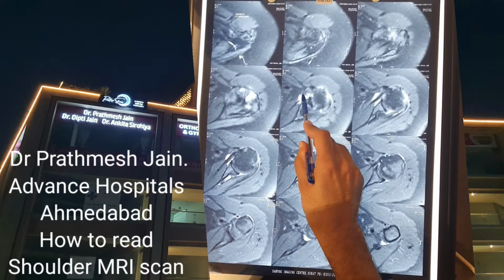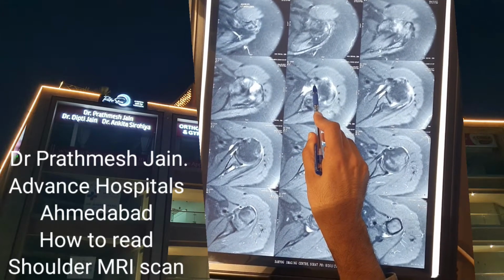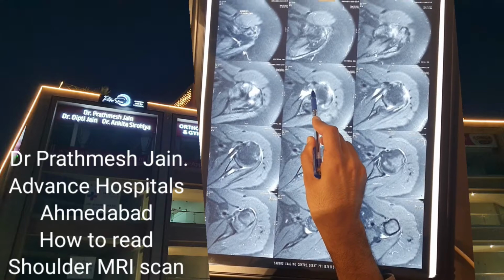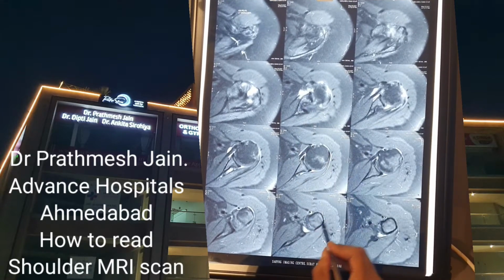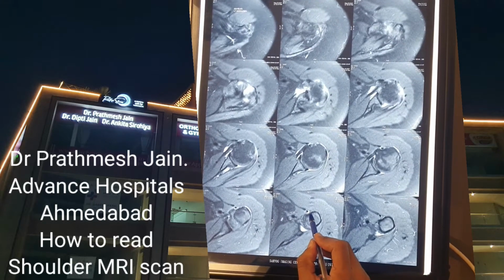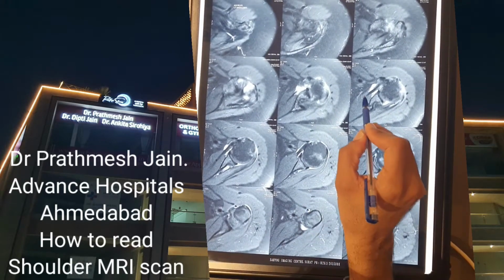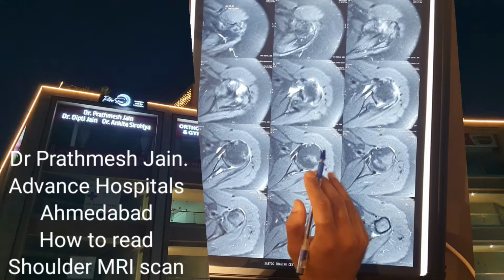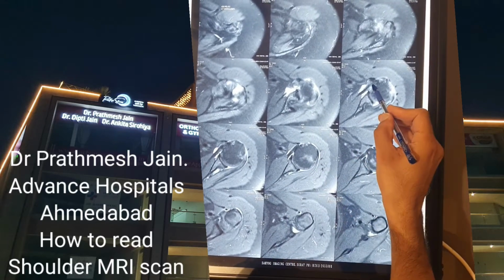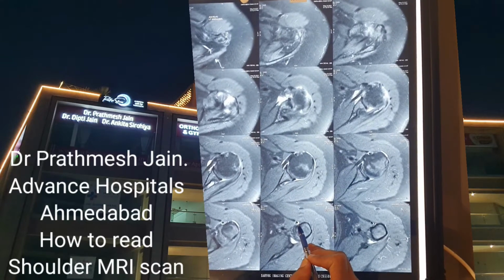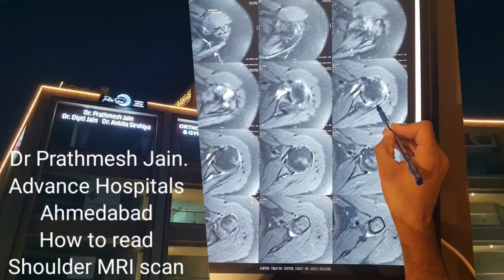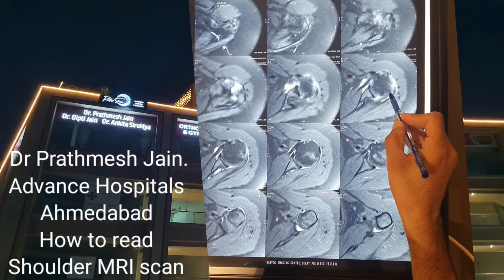You can see that there is a lot of fluid accumulation in the rotator interval tissue. This is also suggestive of some injury or tear there. Also, the fluid in the biceps is suggestive of biceps pathology. So this 63-year-old lady has something on the uppermost part of the subscapularis, something in the rotator interval, a little bit of inflammation in the biceps, and some problem in the posterior part of the infraspinatus.